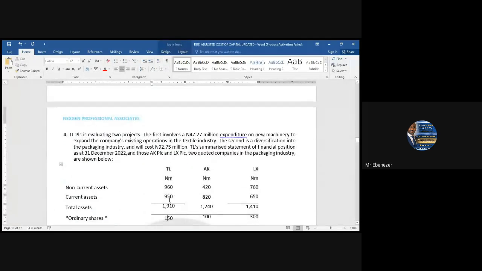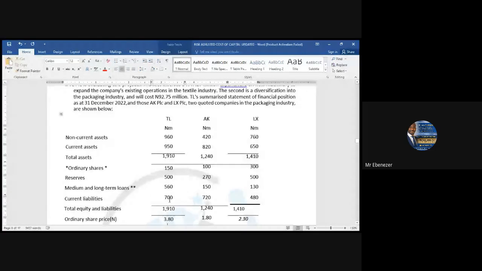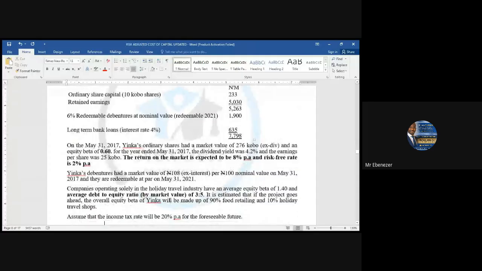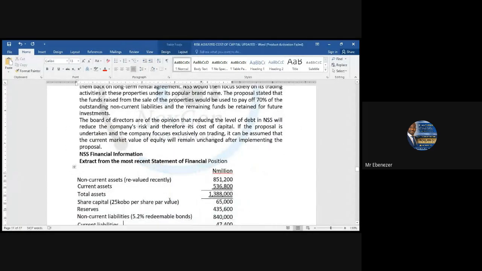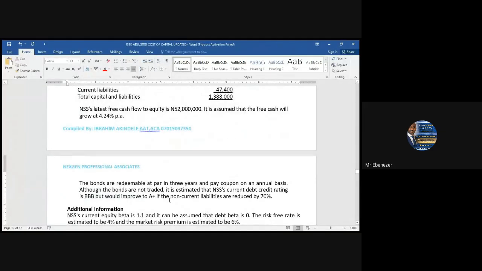Class, by the time we are done with these questions on Saturday, you should be able to check past questions and solve project-specific cost of capital conveniently, because I've given you all you need to know